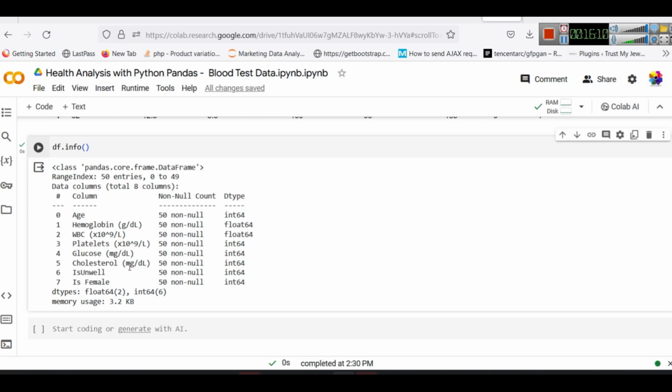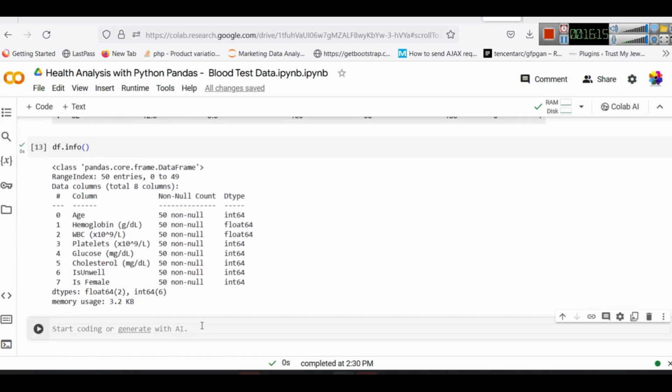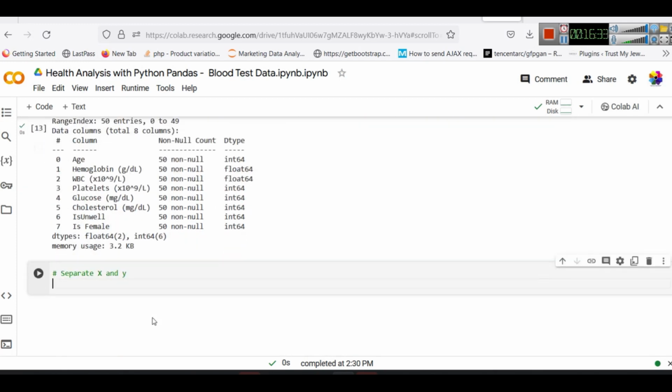After analyzing that everything is fine, now we have to separate X and Y. That means we have to separate input and output. In our case, the inputs are many values, and then there is Y. X is called the input parameters, or the features that we are going to take in order to train our model. Okay, so if we write df.drop